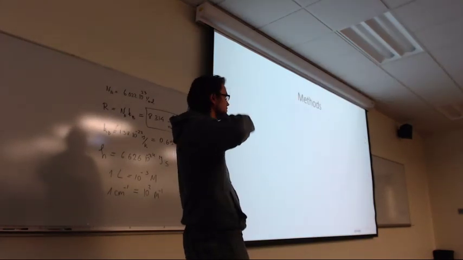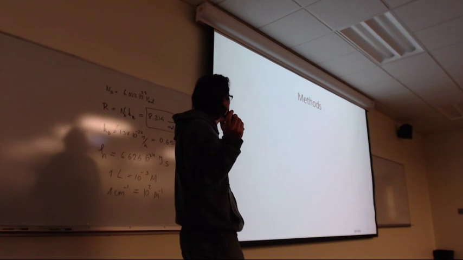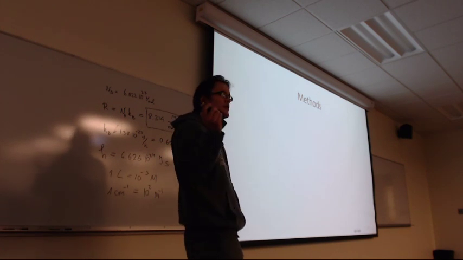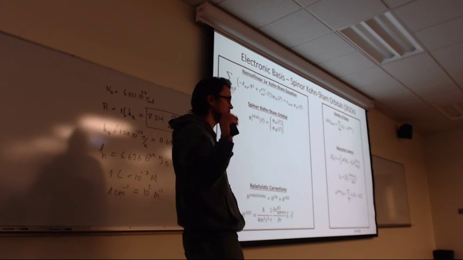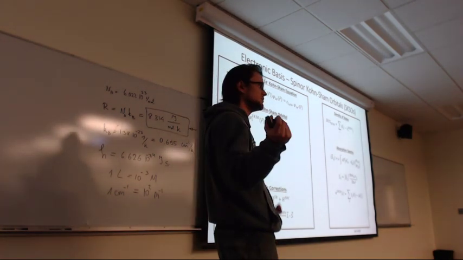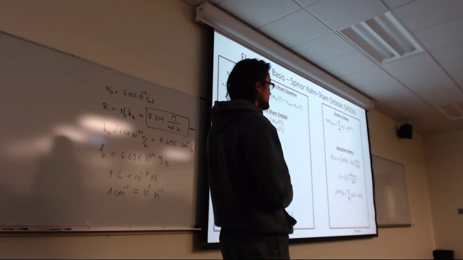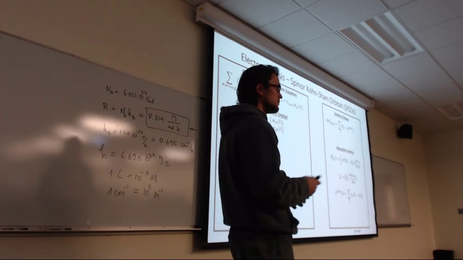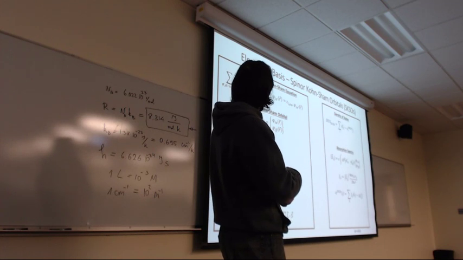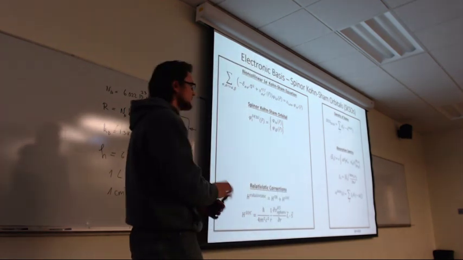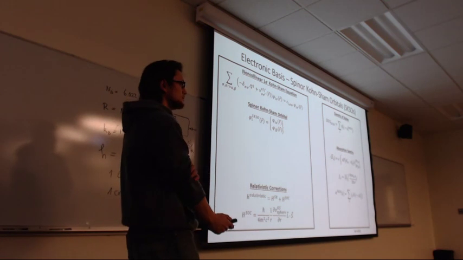And so, go over some of the methodology that we use to do these things. We're computationalists. We don't solve all these equations by hand because it's a 1,000 atom system, 2,000 electrons. So we use density functional theory, and we use VASP software to compute the orbitals. And the orbitals that we have to use for perovskites in general are called non-collinear spin